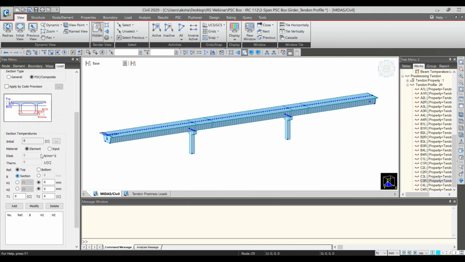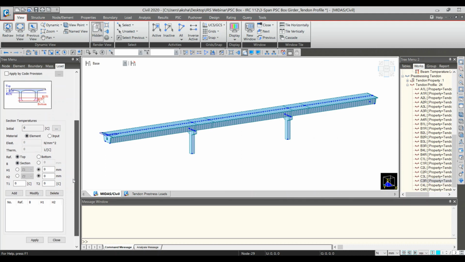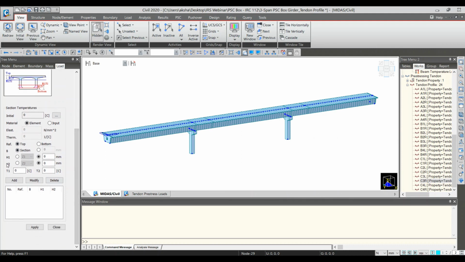So automatically, whatever the material reference is, that will be automatically taken. Similarly for the section width as well. Now here you need to enter the different heights, that is H1 and H2, and the respective change in temperature. So if I say from 0 to 150, my temperature change would now be from